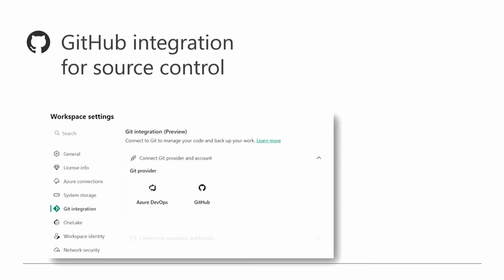First of it is something that I have personally been looking very much forward to. So it's the GitHub integration for source control. It's a possibility to now not just host our code in Azure DevOps, but actually integrate Fabric with GitHub and have that work as our code repository with all that entails. We also have some extra features released,